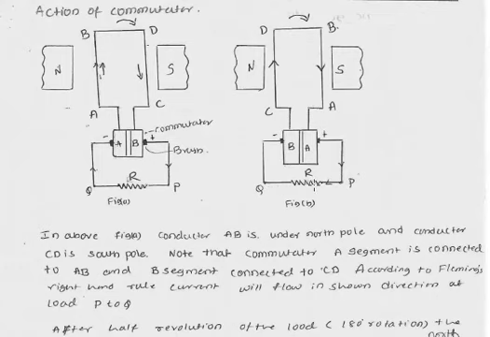In the next session we will see how the construction of a DC generator is done. In the construction you can see, in addition to the static part, which is the magnetic field, and the rotating part, we have an additional thing: a commutator and a brush. Those are the things we will look into in the construction of a DC generator.